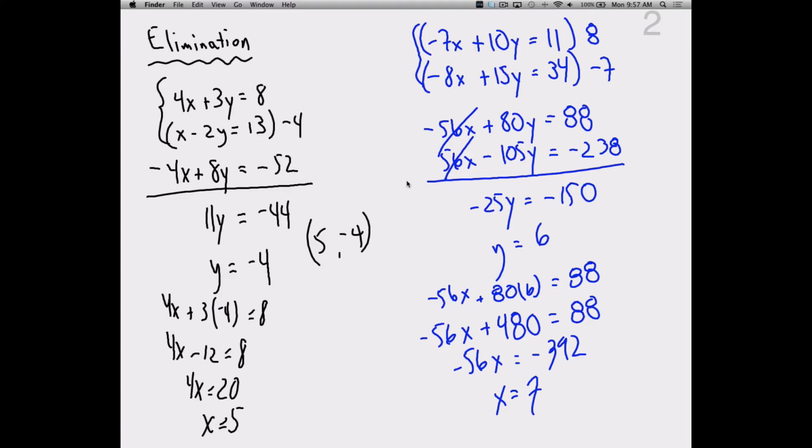Common mistake, and I don't quite understand this, but a common mistake that people make is even though we just solved for y for the first number, everybody wants to list that first. Don't do that. 7 comma 6. We having fun yet? Okay. Next on the agenda,